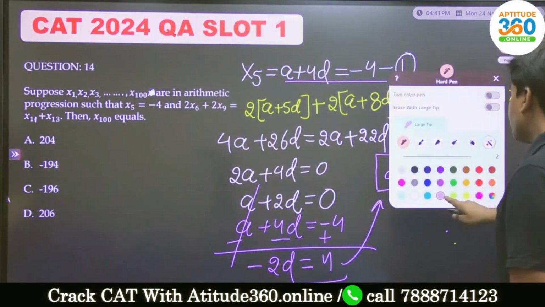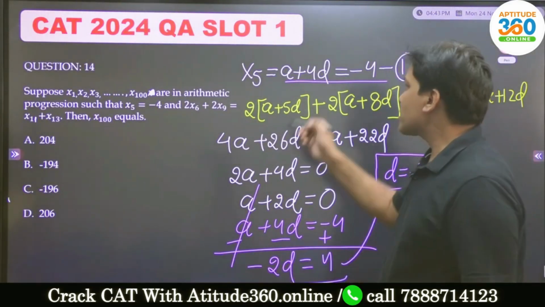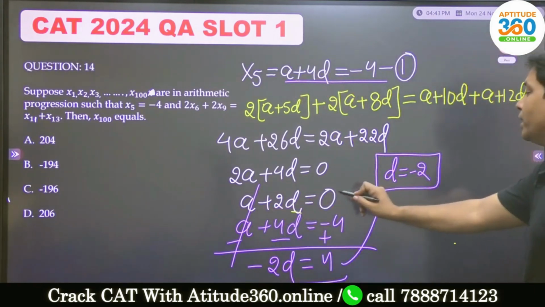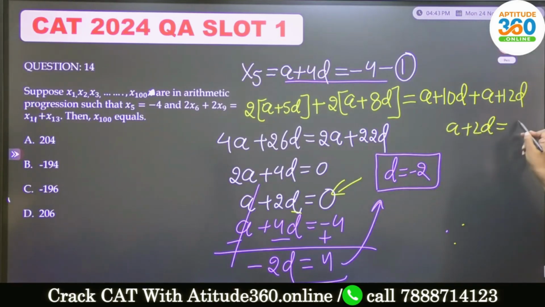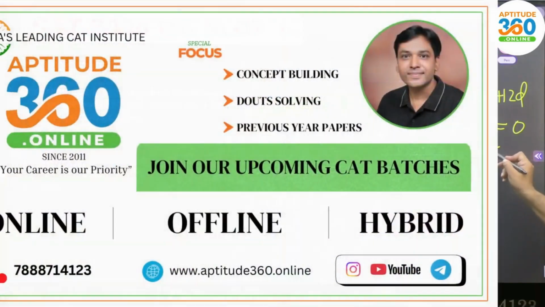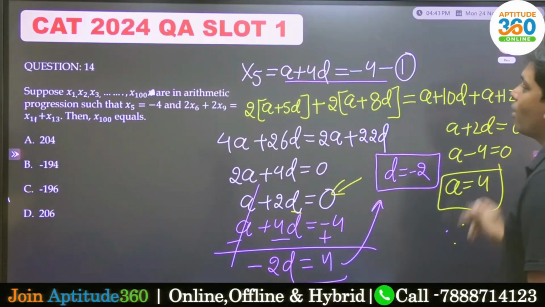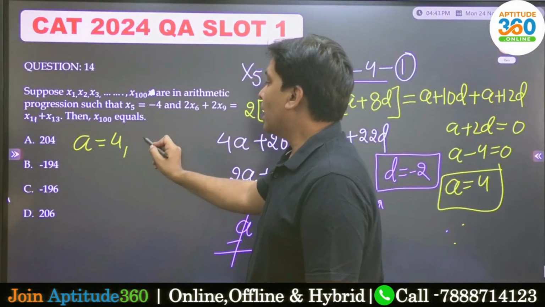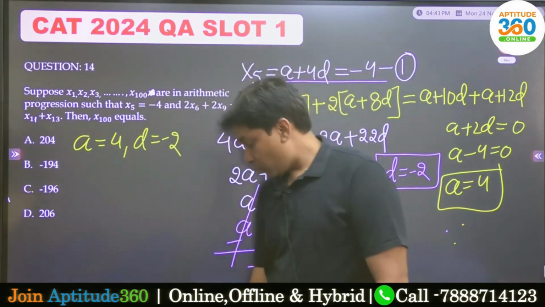What should you do now? Since you have found the common difference, plug it into any of these equations. Say, for example, a plus 4d equals negative 4, or a plus 2d equals 0 over here. So a plus 2d is equal to 0. The value of d is what we know, negative 2. So will you be able to find the first term? Yes, it is 4. Since we know the value of the first term and the common difference,